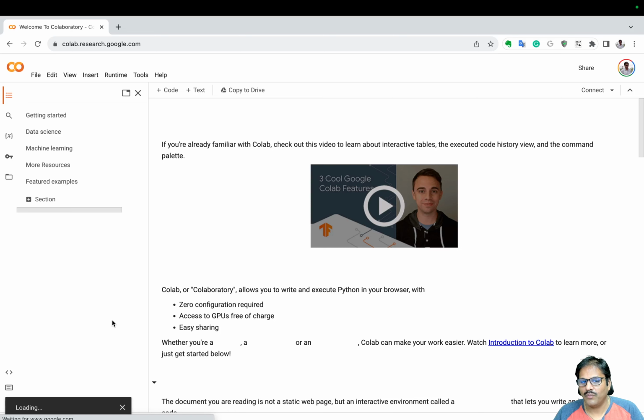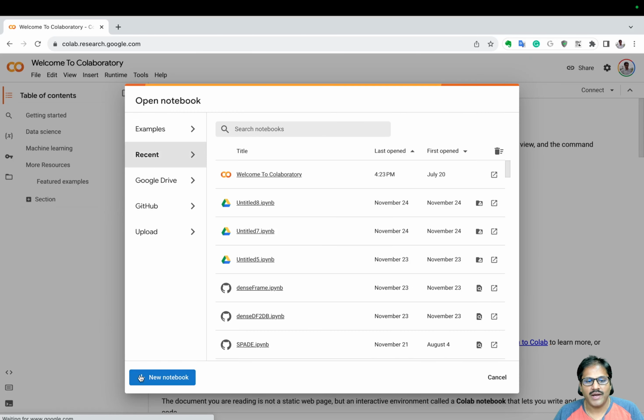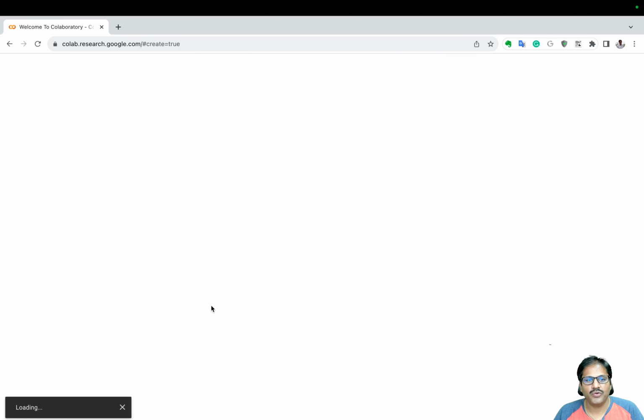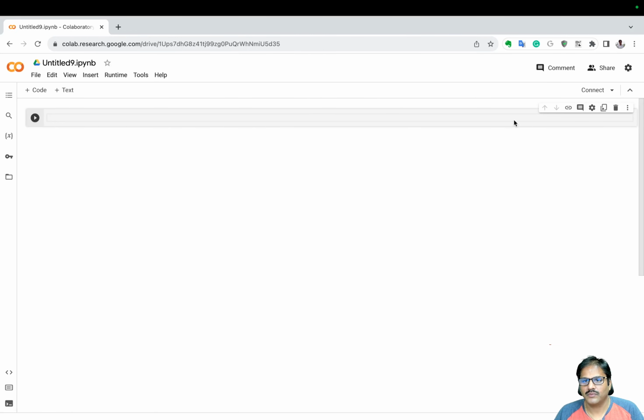So we are now opening the Google Colab and then we are creating a new notebook. So now first let us install the recent version of PAMI library. While this is installing,